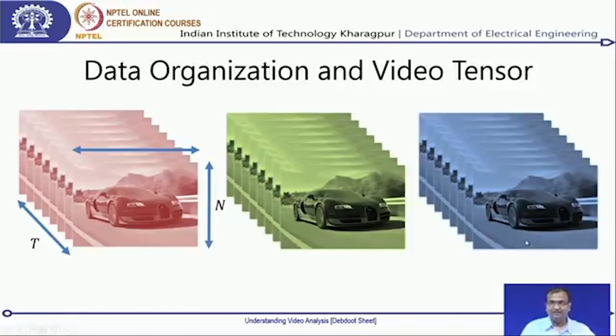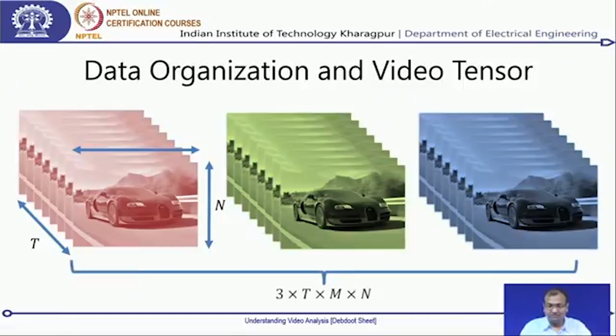And now, if I concatenate that along the first dimension, that is something which is going to look like 3 cross t cross m cross n. And now, this again boils down to the same kind of philosophy as we had for our standard 2D spatial convolutions. So, in 2D spatial convolution, what you had is the batch size, or the index along the batch of image frames or data coming down to you. Then the next one was your number of input channels,